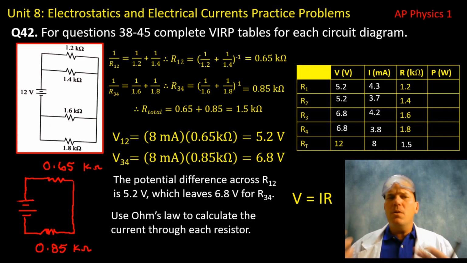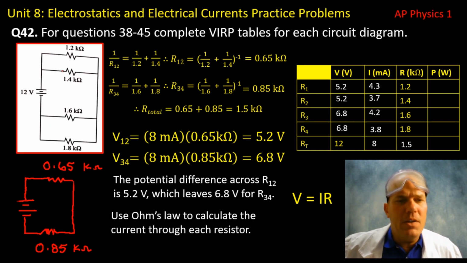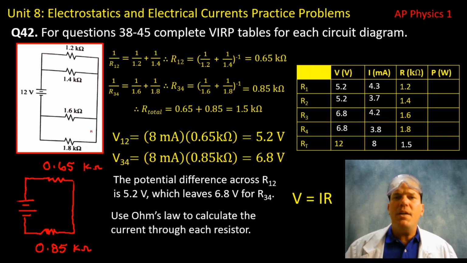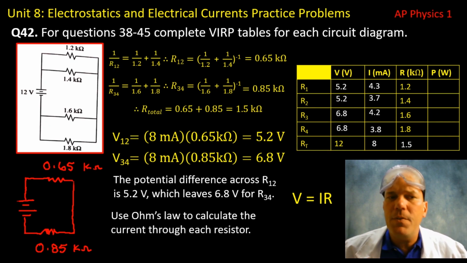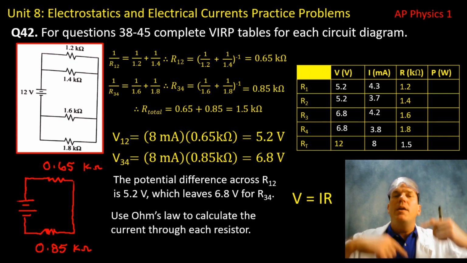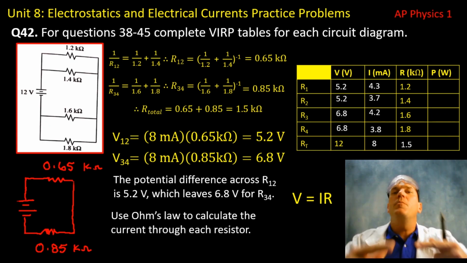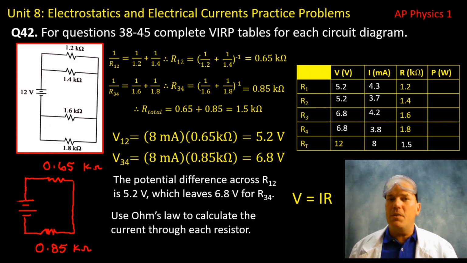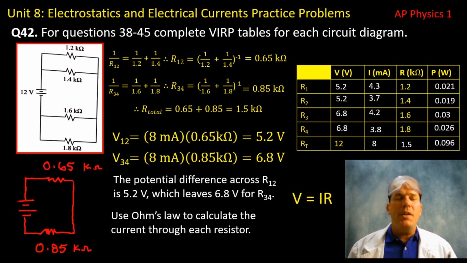The conceptual hurdle was analyzing these two components separately, finding the equivalent resistance, plugging those values in, and then recognizing because the potential difference across 1, 2 and 3, 4 are the same, if we can find one, then we can easily find the difference for the other one. Okay. Lastly, we can calculate the power, and the power should all add up to